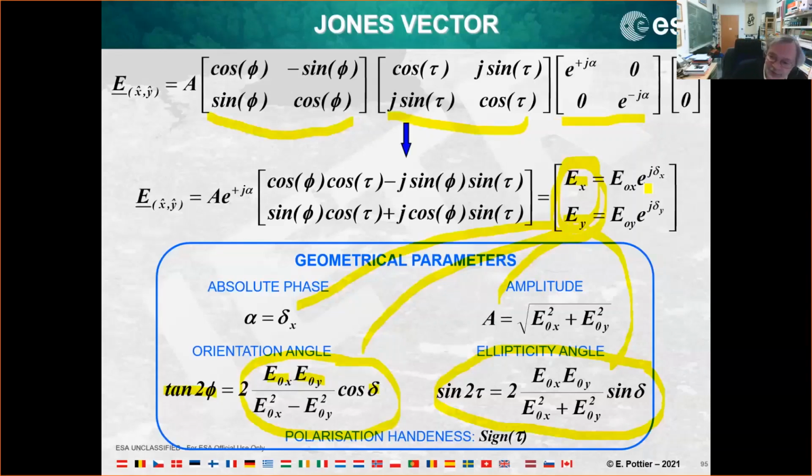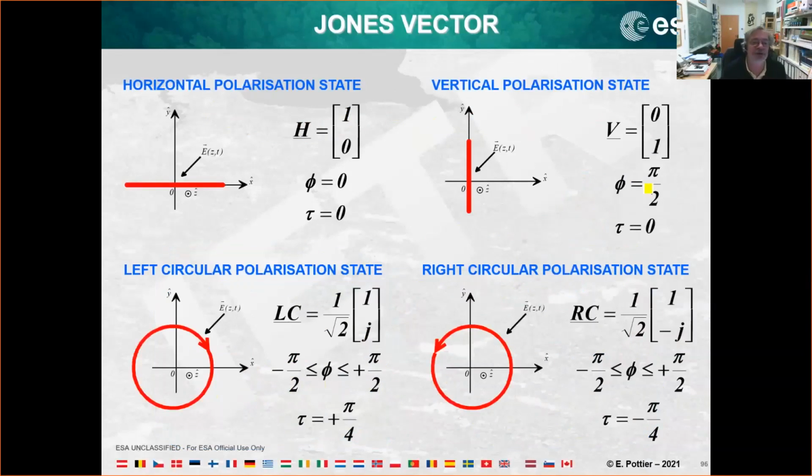So to illustrate these parts, we are going to take some examples. Imagine I have only a horizontal wave. So it means that the electric field will be along only the horizontal direction, along the x-axis. So the corresponding Jones vector, the output of my two antennas, will be this vector. It means that I have information along the x-axis. I have no information along the y-axis. Okay, so if I measure a horizontal wave, this is what I shall get, 1, 0.